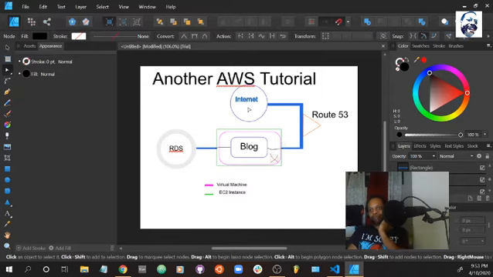But yeah, you got the internet, Route 53, your EC2 instance. That's down here. As you can see, it's color coded. Like the pink is your virtual machine. Your virtual machine comes automatically in. You can pick what type of virtual machine you want